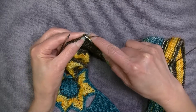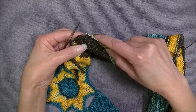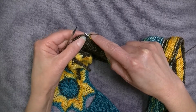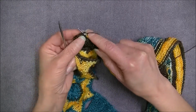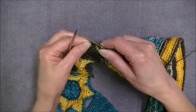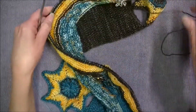Then pick up 2 stitches from the 3 garter ridges that we left and didn't use at the beginning to pick up stitches from. And when you pick up the stitches in here, make sure that you go under 2 loops, and then turn your work around, and here